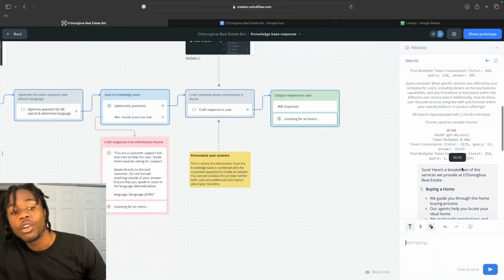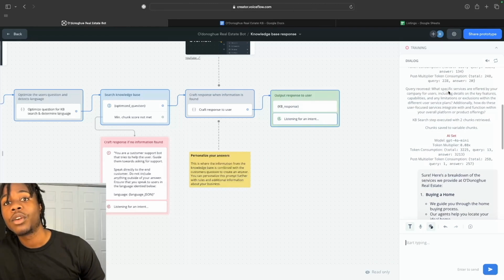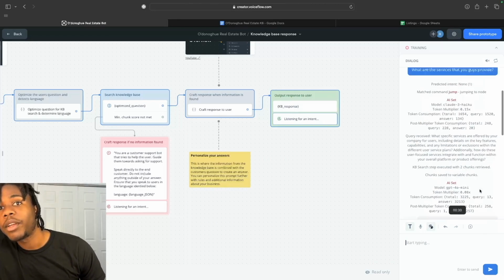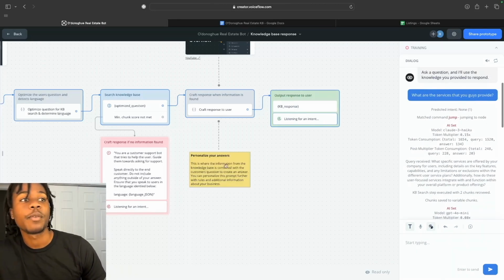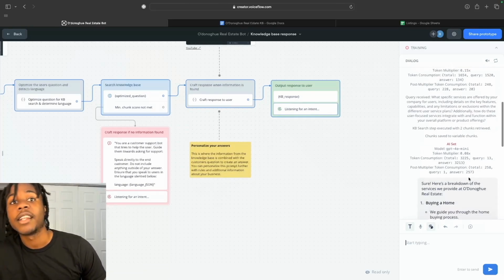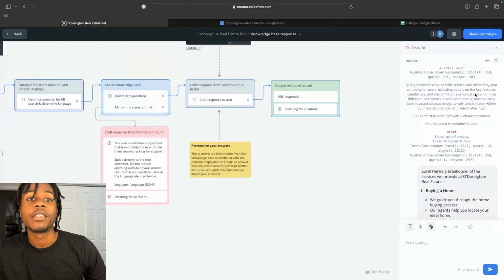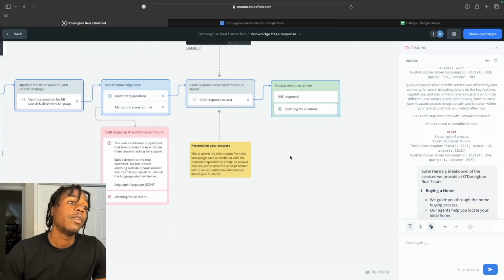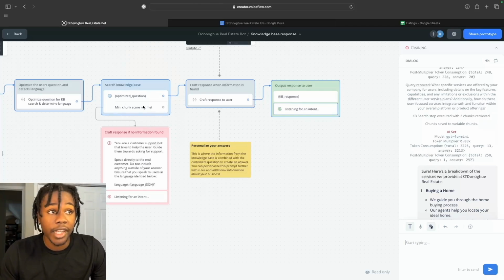And over here, we can see the specific query. So this is not what I asked. I asked, what are the services you guys provide? When it optimized the question, this is how it decided to write the query out. What specific services are offered by your company for users, including details on the key features, capabilities, any limitations, exclusions within the different user service plans. Additionally, how do these user-focused services integrate and function with your overall platform offering? So as you can see, it's very optimized compared to what I entered in order to get the best results